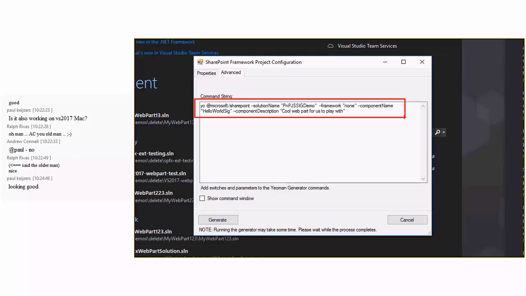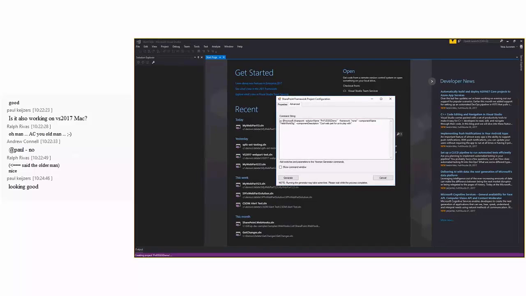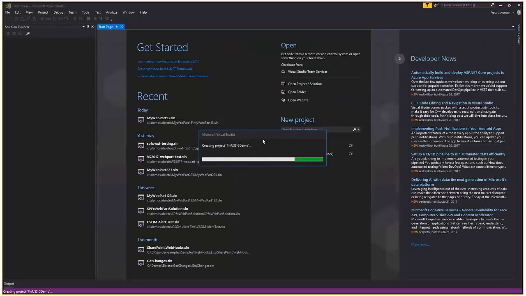In this particular case, I'm going to add one more switch here because creating the solution does take a while, since we're pulling down all of the npm packages to the node modules folder. So I'm going to use skip install, which means it's not actually going to run the npm install command after scaffolding of the project. And then I can click generate, and the solution is now doing the